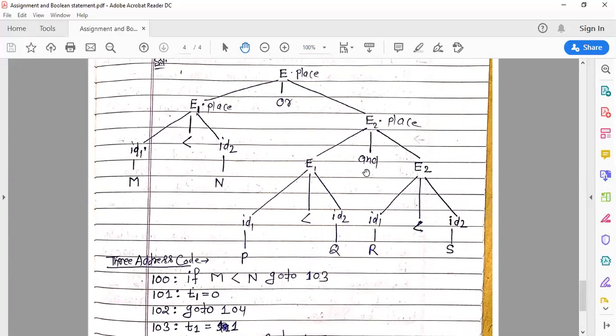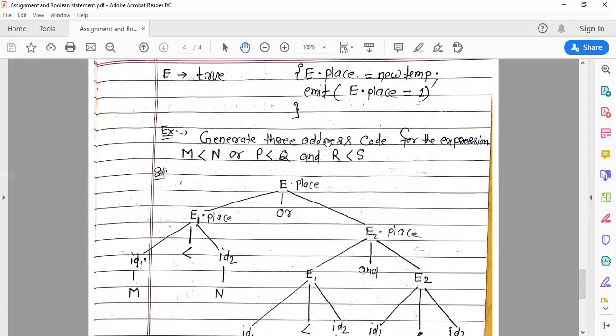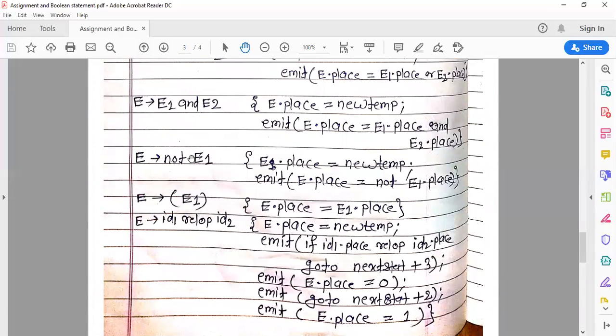Now next, E and E2 are reduced to E. So when E and E2 are reduced to E, we have E derives E1 and E2. Then we have the semantic rule: E dot place is equal to new temp, and emit E dot place is equal to E1 dot place and E2 dot place.